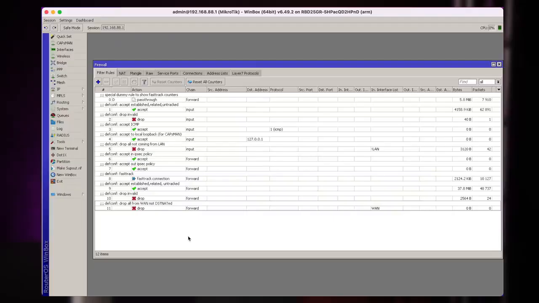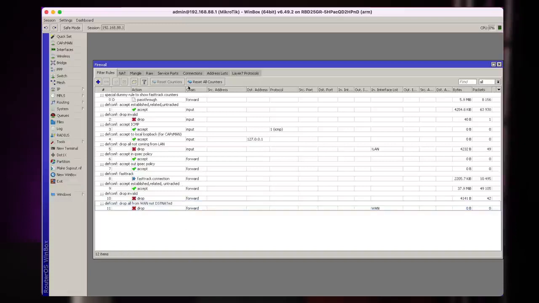For example, you may have a web server in your local network, and this rule will allow those, but it will drop everything else. So as you see, the firewall is configured in a way that you specify what types of traffic you want to allow, and then once you have listed everything that you want to allow, you add the last rule to drop everything else. This is how the firewall works here, and this is why the order is important.